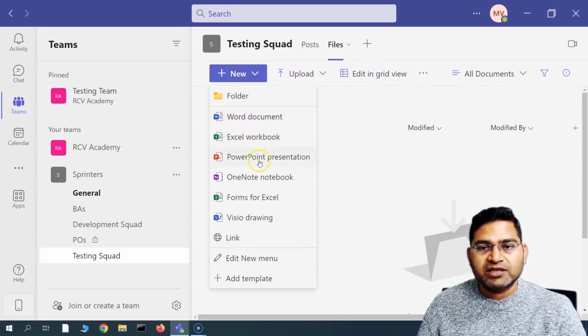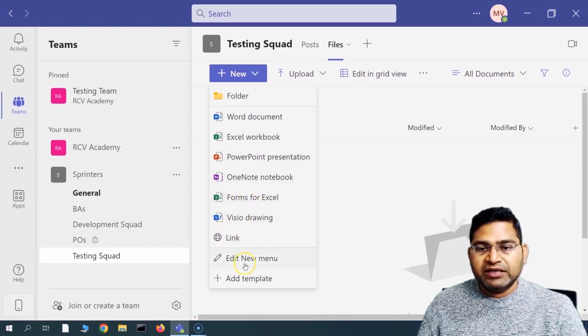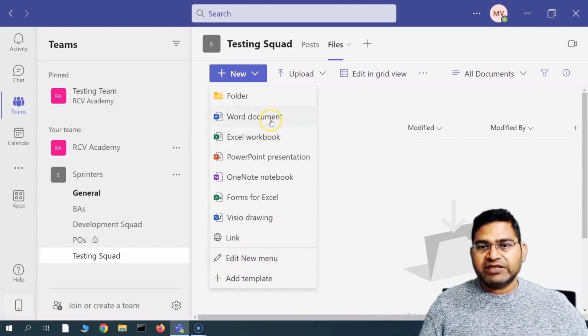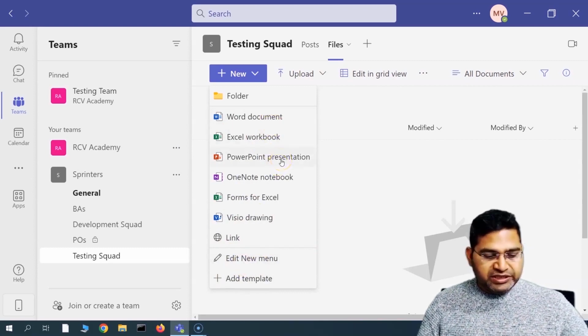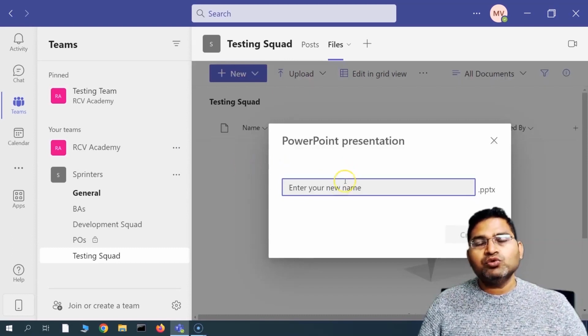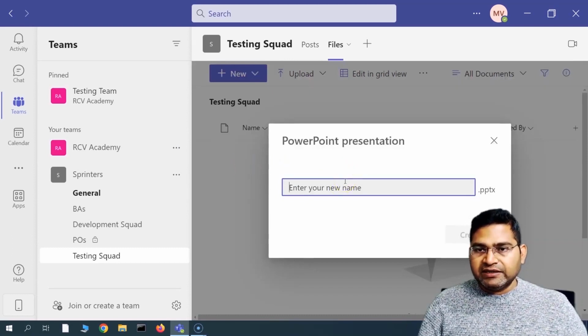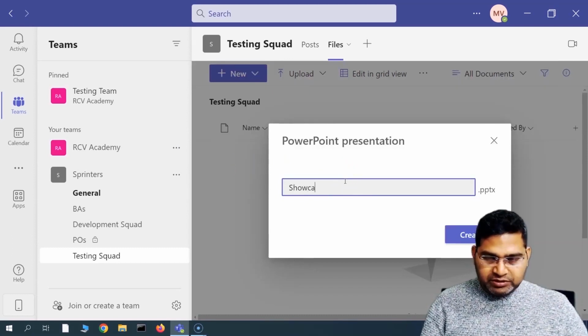So Word document, Excel, presentation, OneNote, forms, right? Or visual drawing, link, all of that can basically be added directly from here. So for example, we want to work on a presentation as a team. Okay, so we want to do some sort of a showcase, and then I can say, for example, create a